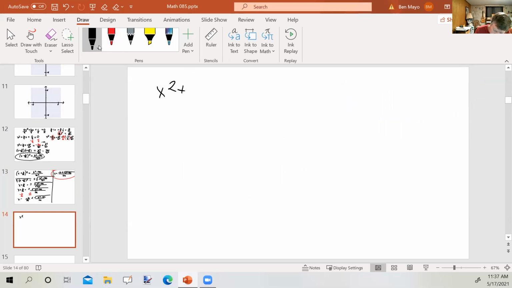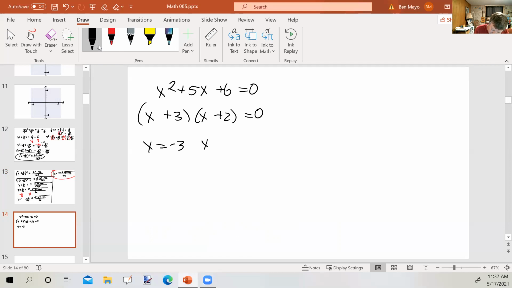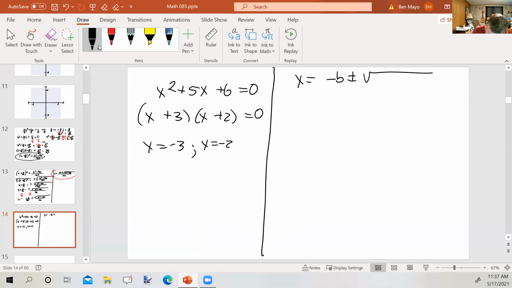X squared plus 5x plus 6 equals 0. To solve this by factoring, we have x plus 3 times x plus 2 equals 0. So we get x equals negative 3 and x equals negative 2 accordingly. All right. Now, using the quadratic formula, x equals negative b plus or minus the square root of b squared minus 4ac all over